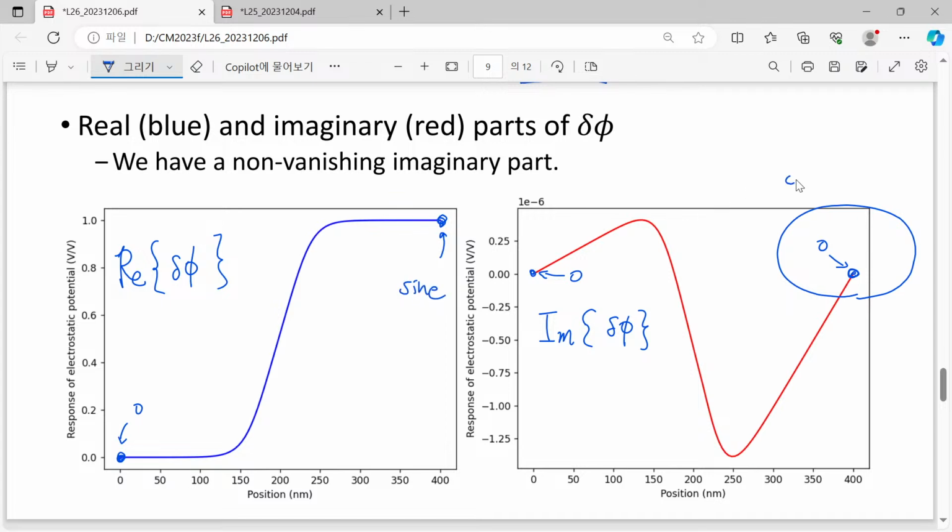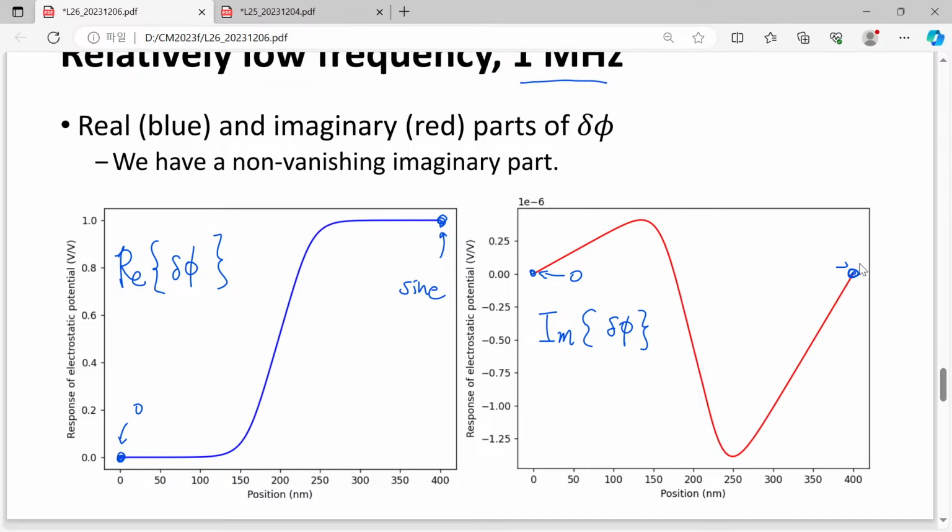This one describes cosine-like behavior of our electrostatic potential, and in this case there is no cosine-like term. So that's the reason why we have no imaginary part of our electrostatic potential perturbation at the boundary, and inside it we have some not that intuitive